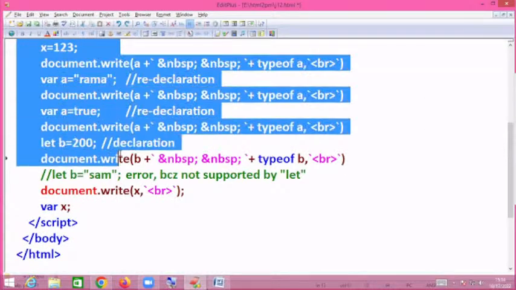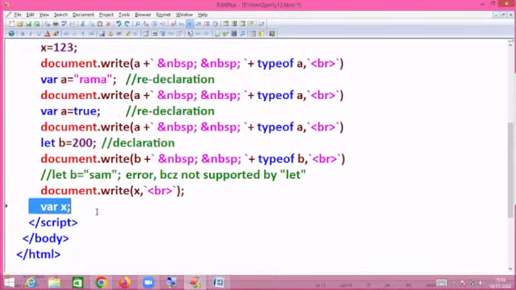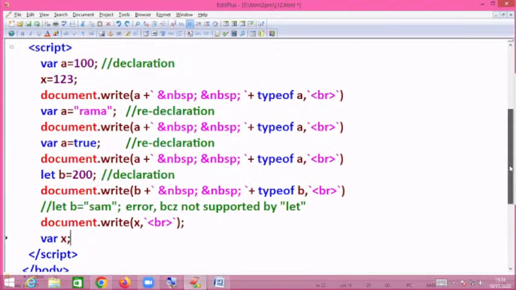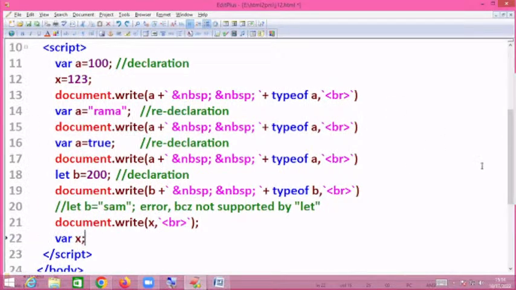So usage of the variable first, declaration of the variable next. Where is the hoisting here, sir? Coming to that, sir. Why it is called hoisting, I'm highlighting the line numbers, observe that. The script tag started at line number 10. The x variable declaration is available at line number 22. At the time of translation of the program,